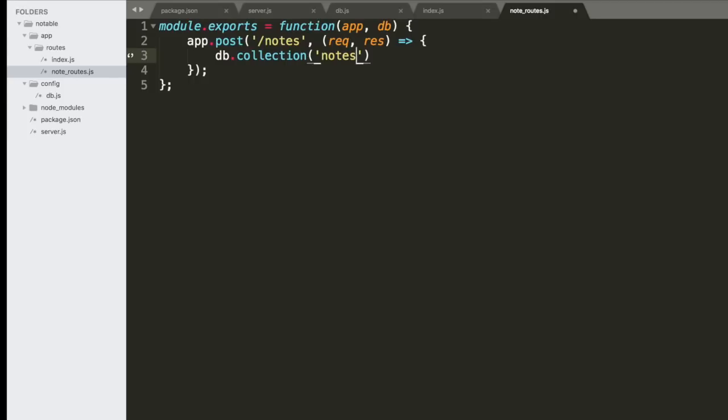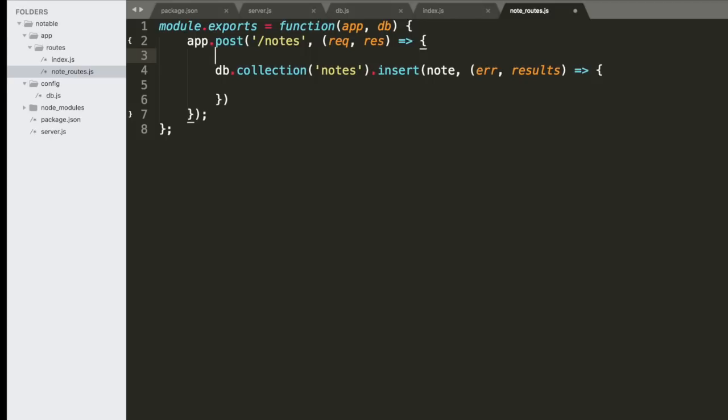So creating a note is as simple as calling insert on the collection. So we can put .insert, and we pass in the note, which we still have to create, but we're also going to pass in a callback function with an error and results. Okay, so we pass in the note here. I'm going to create the note right above this line. So const note equals, now it's just going to be a JSON object, and text is going to equal